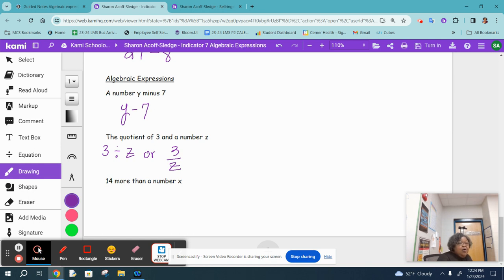Now 14 more than a number x. So we got than, and than means what? Reverse. So what comes first? X. So it's going to be x plus 14 because it says more than. Let me give you